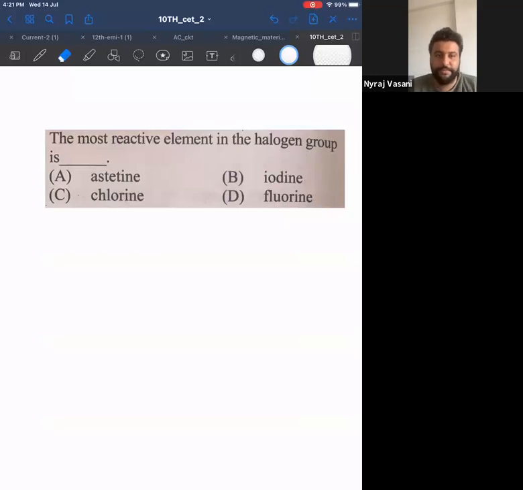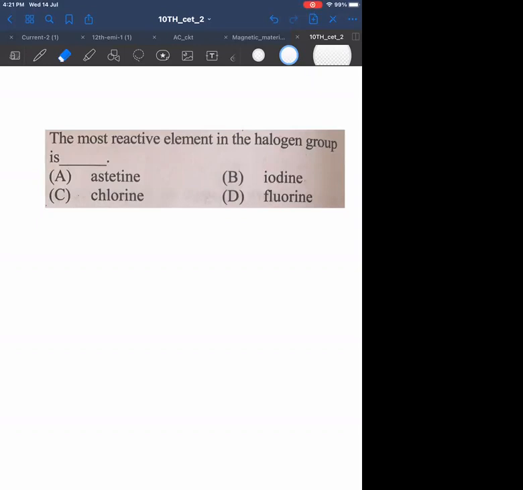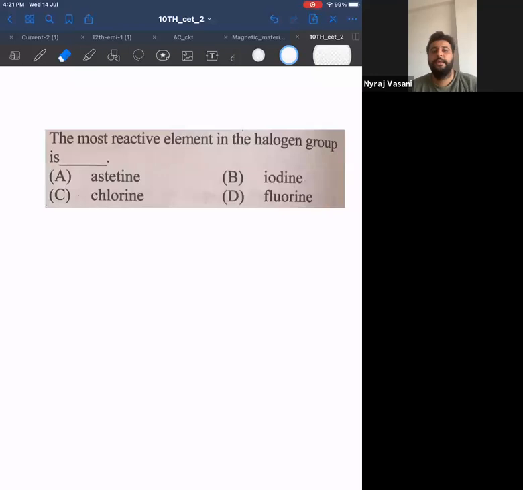Shailaja, Shraddha, Samriddhi, Vaibhavi, correct answers. Okay, Akansha also correct. Very good. Kanav, Aman, good answers. Okay, I'll give you 30 seconds more. After that, I'll give you the answer. 30 seconds more.